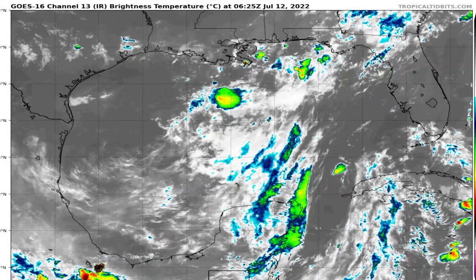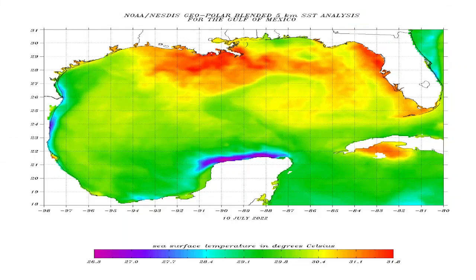But we do have kind of a low pressure system trying to develop across the northern Gulf, but we'll just have to watch this again. It's kind of sheared out right now, so that is something we'll watch here over the course of the next few days. Looking though, however, at the Gulf of Mexico sea surface temperatures, you can see here in the yellows